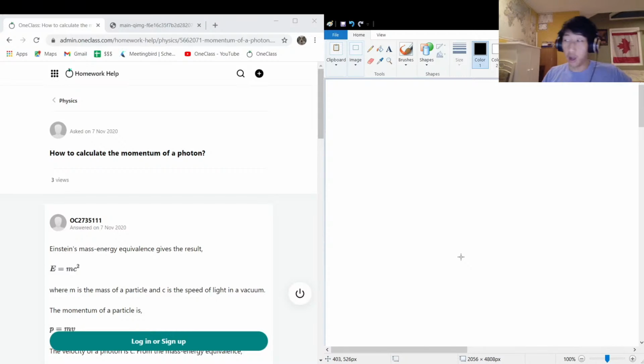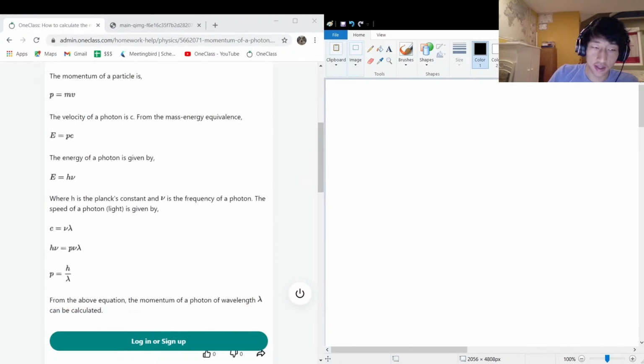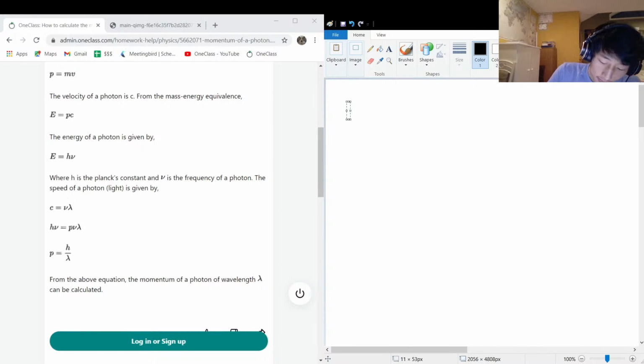Okay, so the next question that we got on the menu today is, how do we calculate the momentum of a photon? Okay, so the short answer is that it is really just this equation. The momentum P is equal to h divided by wavelength, where P is the momentum, h is Planck's constant,